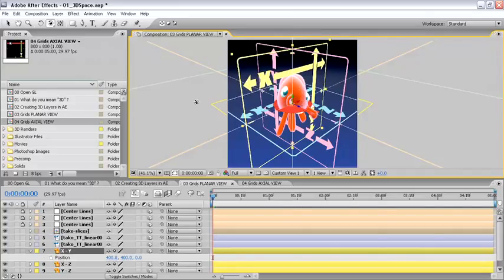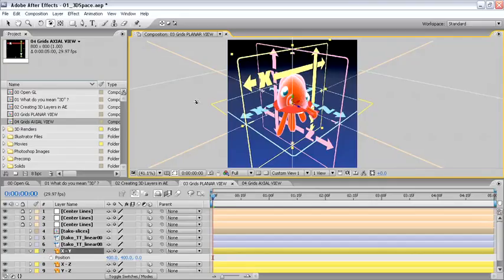Now we know we can toggle between the different views using shortcut keys, or navigating down to the bottom of the comp window in order to change them, or even using our escape key to bounce back and forth between the previous and current view. But there are times when you're going to want to see multiple views in one composition panel in order to